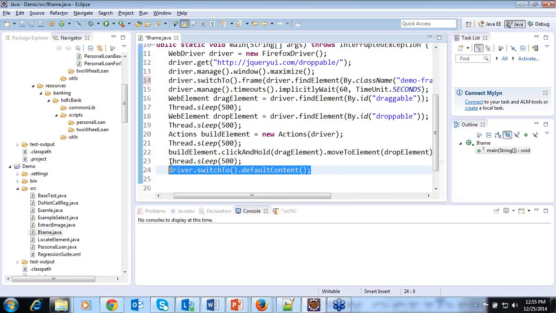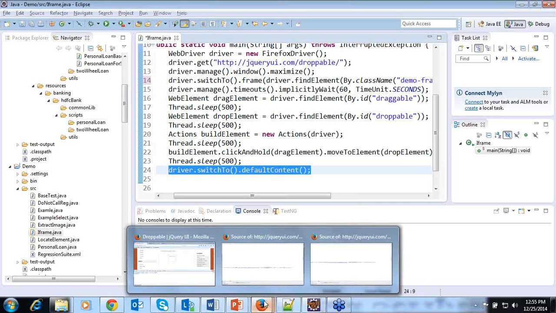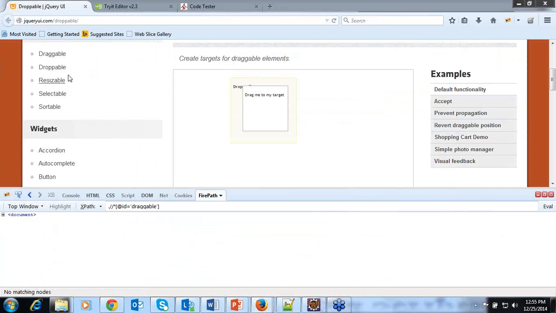If you don't use driver.switchTo.defaultContent, what happens? The control or focus will be on the frame only, and if you want to click on any other elements, for example in this case we have so many elements outside of this frame.